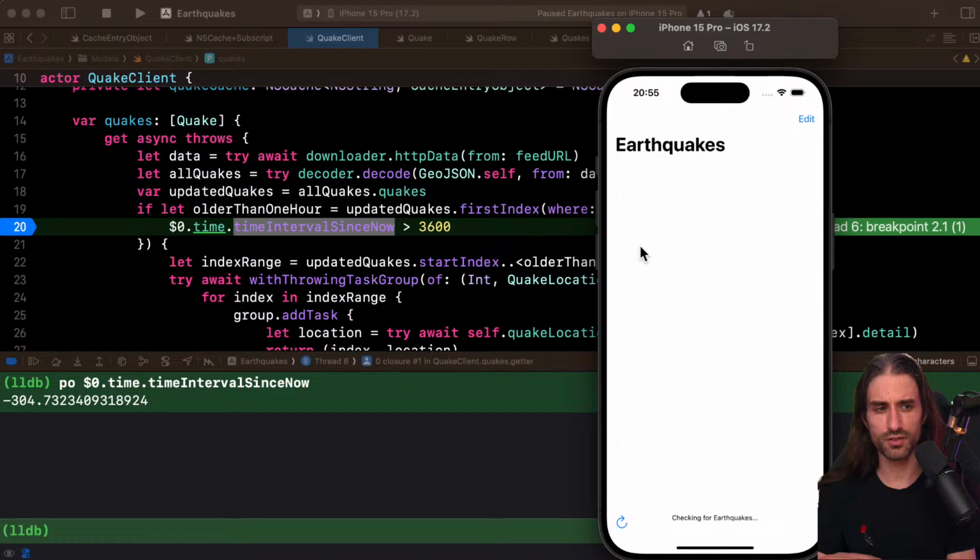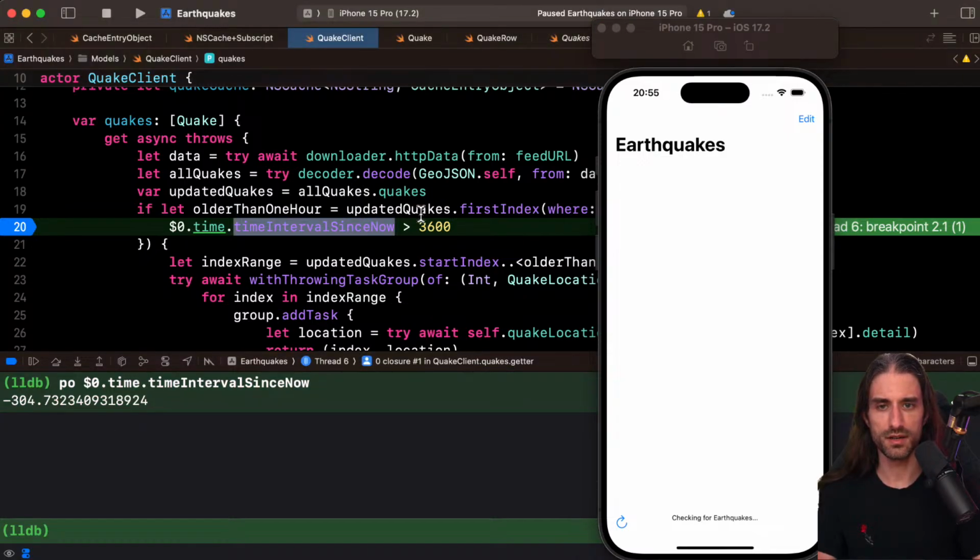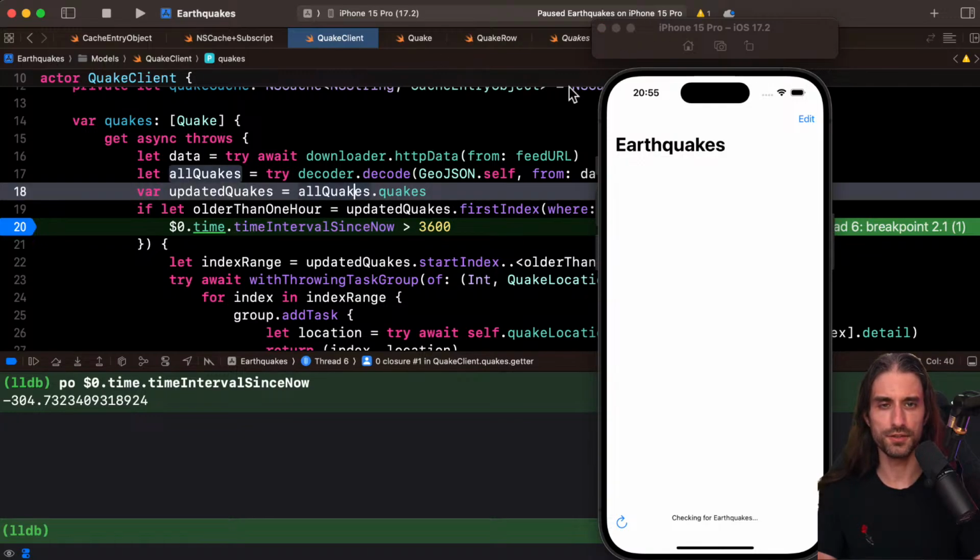And so because of that, what's probably happening is that the time interval should be a positive number, but it's a negative number because California is in the past compared to Europe. I mean, not in the past, but it's earlier in the day in California than it is in Europe.